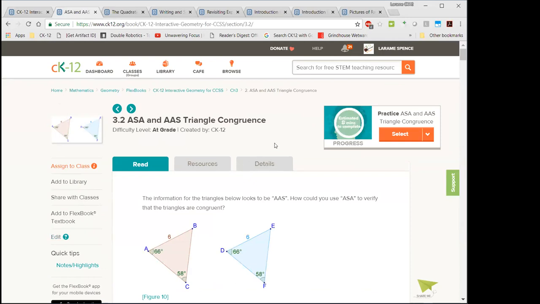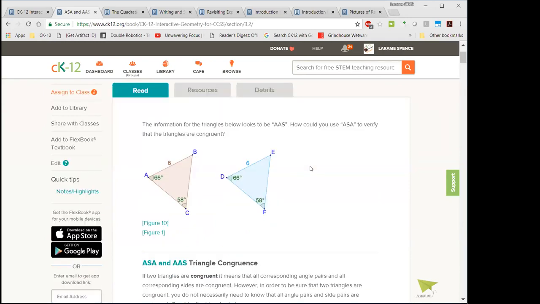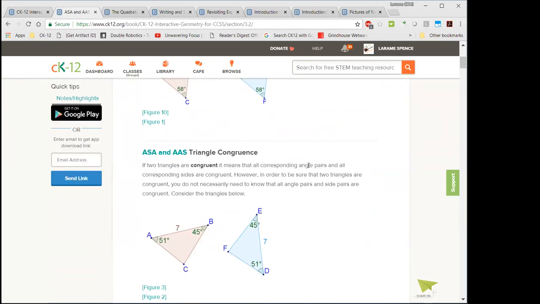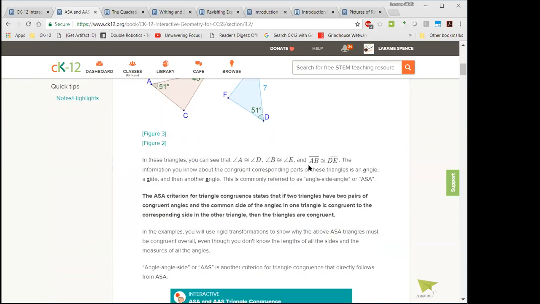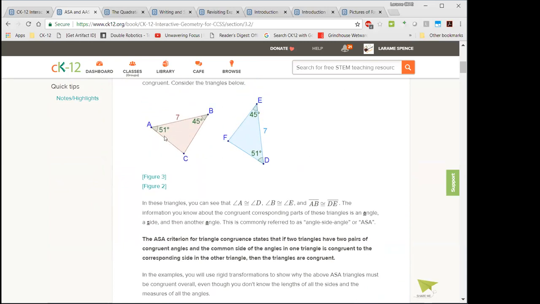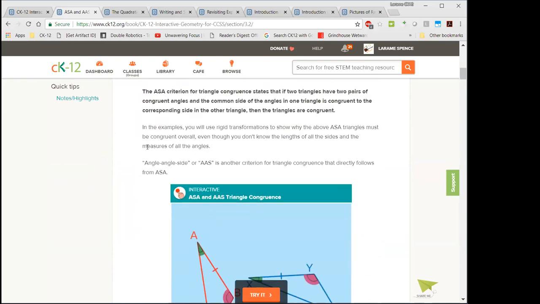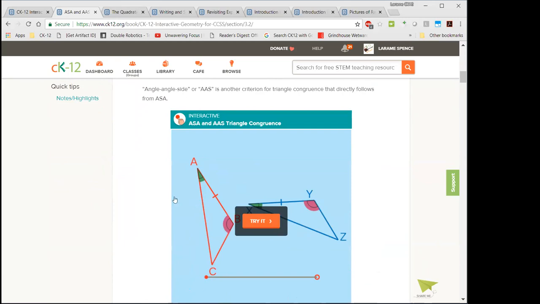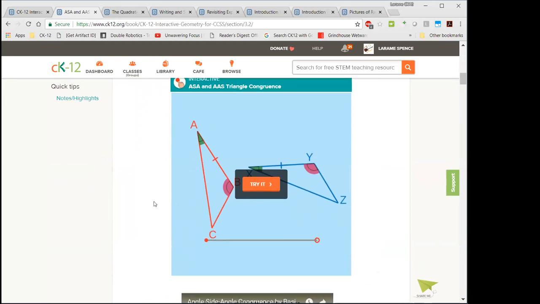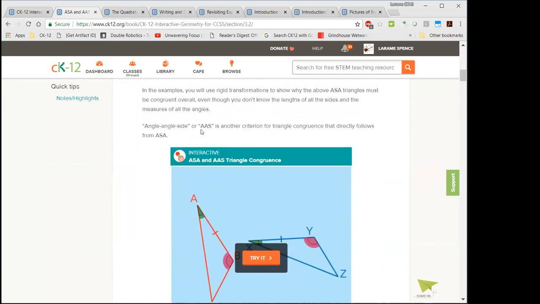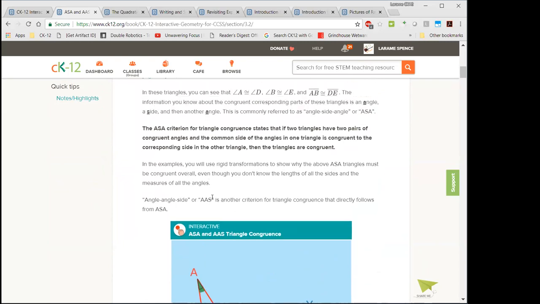which was originally written for Common Core, but did not have any actual embedded interactivity when we first released it. So if you've seen some of our content before, this book may look familiar to you, but you'll certainly recognize that it's already designed with that Common Core philosophy, that very experiential look. The new idea now is that throughout every lesson, we have embedded interactivity that's directly related to the content in the lesson. Here we're discussing ASA and AAS